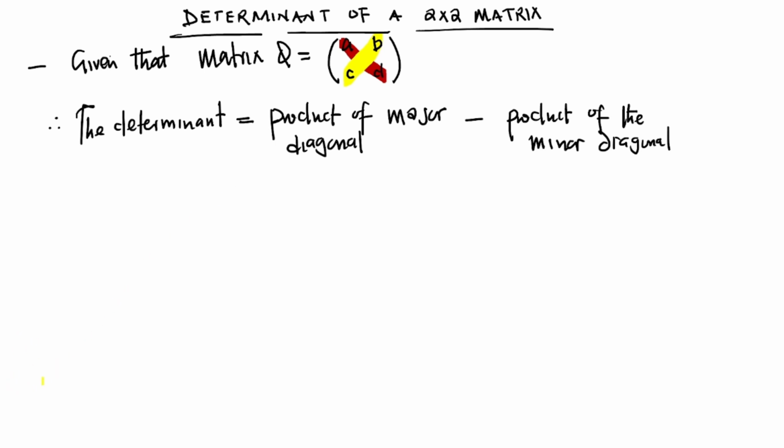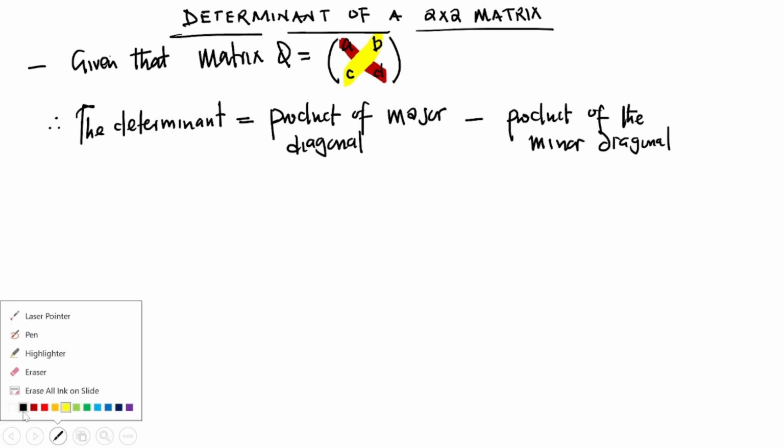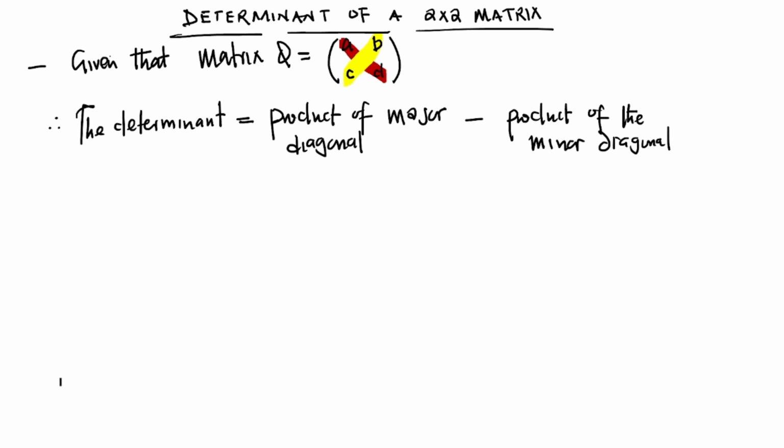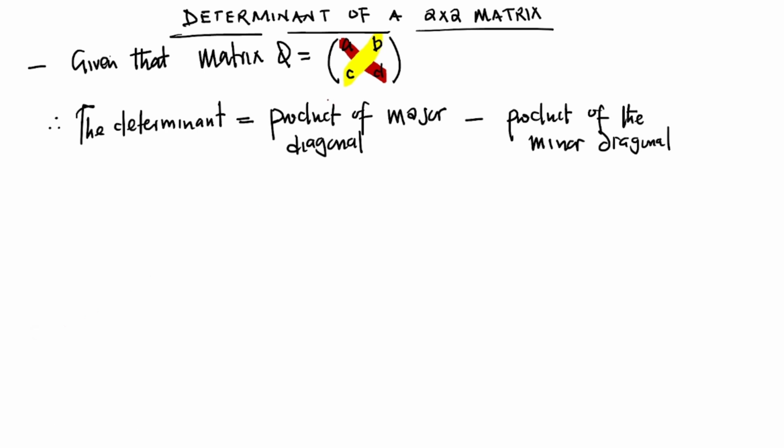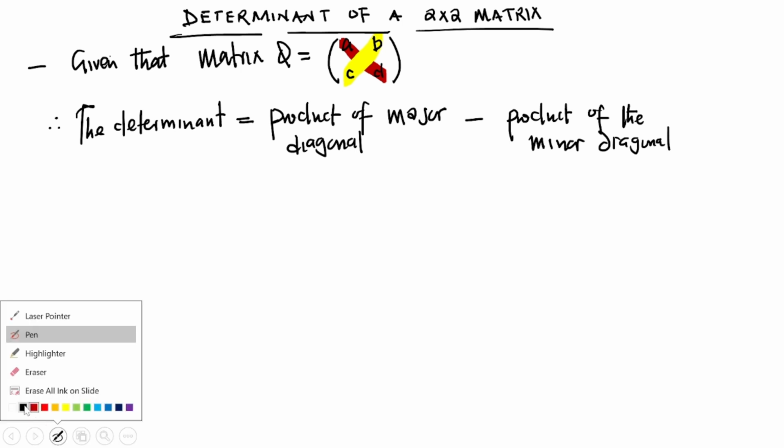So if a question tells us to calculate the determinant, it means that we're going to find the product of the major diagonal and then the product